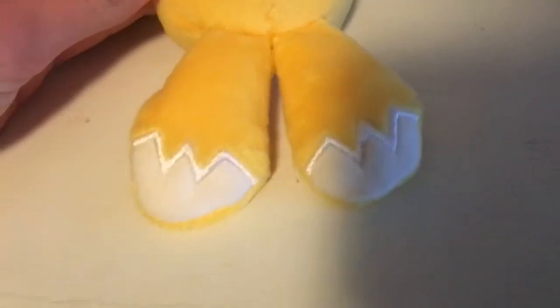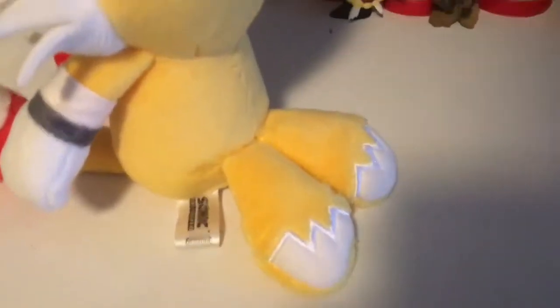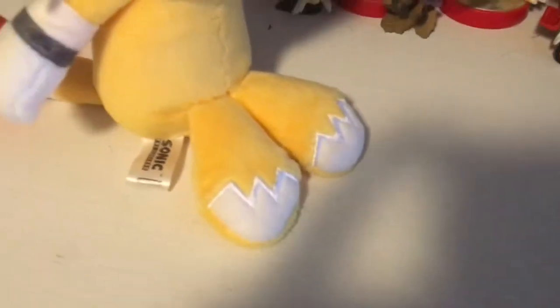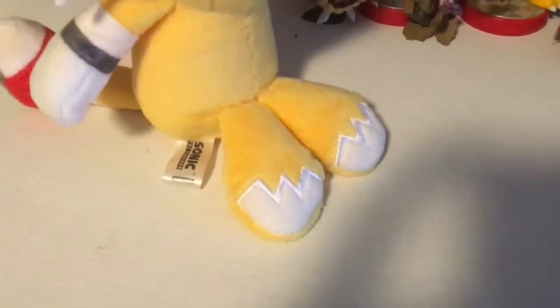Flipping Tails around, let's actually look at his tails. Those are some nice tails. They just look super, super good. They're just, wow. I really, really like the white border around the white parts of the tails. It just makes those white parts really stick out from the rest of the tails. Sadly though, as you can see, they didn't detail the underside of Tails' tails, so...